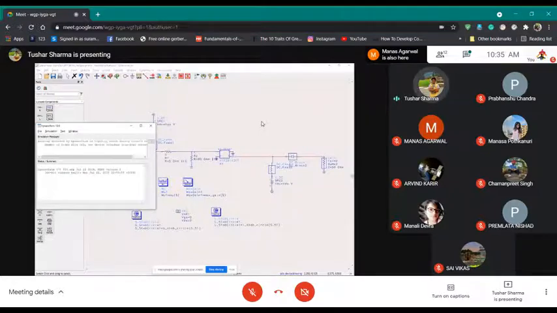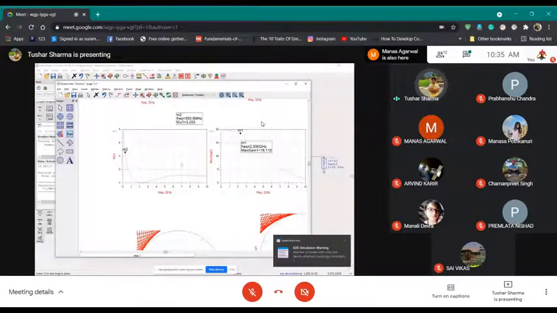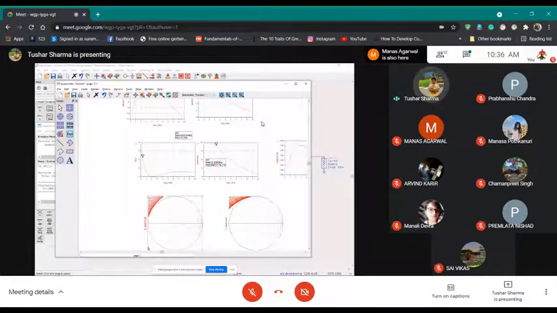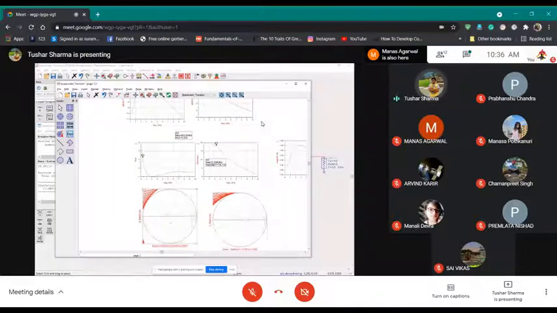When I run this, you see my mu is always greater than 1 and my gain at 2.3 is around 18 dB. And see how all the stability circles are outside my Smith chart. So all Smith chart is usable.